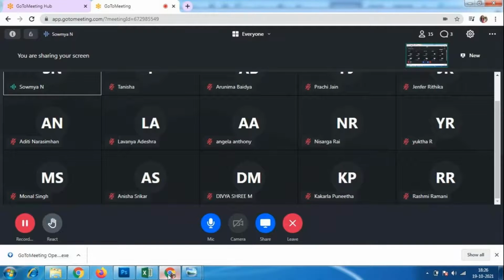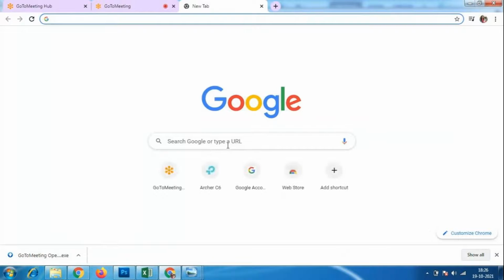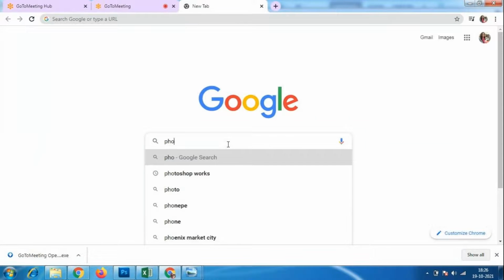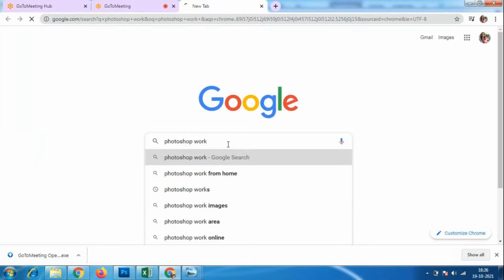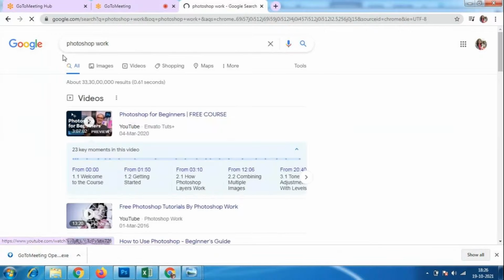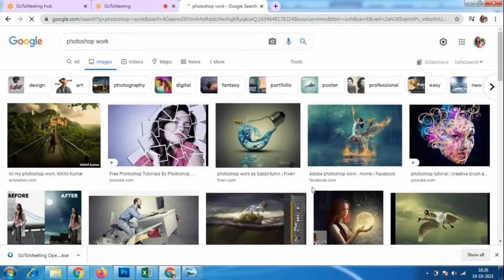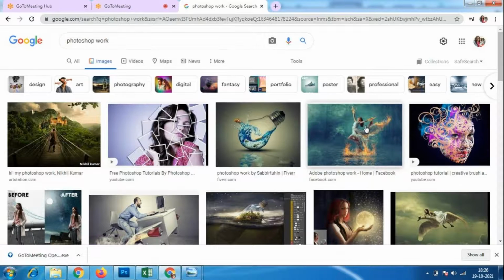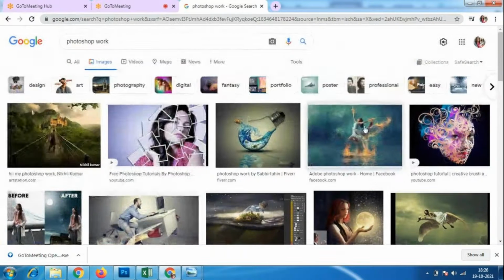I'll tell you one more thing. In Google, just search for Photoshop work. Okay, so you will get an idea what kind of work we can do using Photoshop. See, these are the creative things that we can do with Photoshop. So please try to follow some creative works like this.